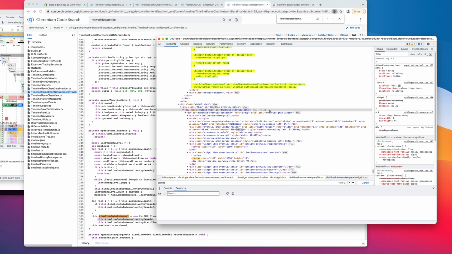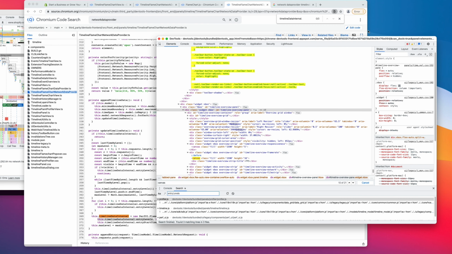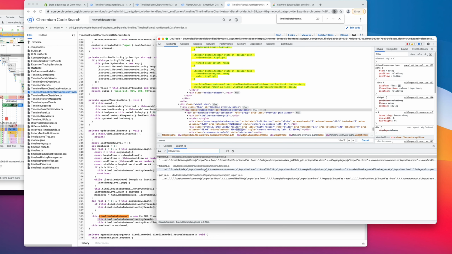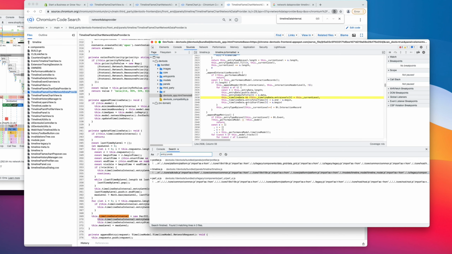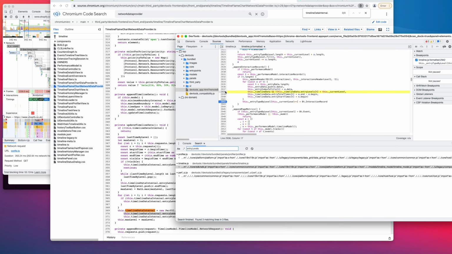So this is from inspecting DevTools. Maybe if we can search for this. No, we can't. I think because it's the compiled Chrome, it's actually minified. But if we do this, maybe we can just try to step through the minified code. Or an alternative, if there's some way to run this on localhost and connect to the Chrome instance, then you can test it fairly easily without working with the minified code or having to recompile Chromium. So entry levels. Let's just